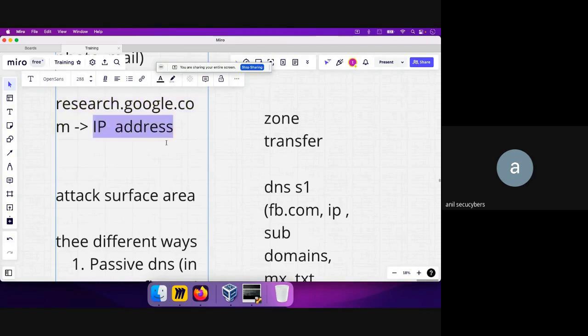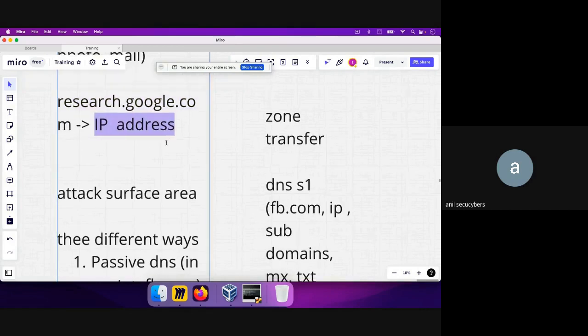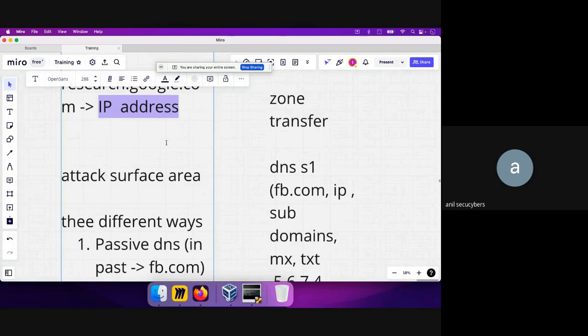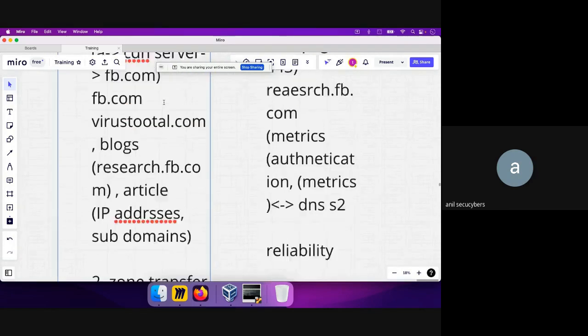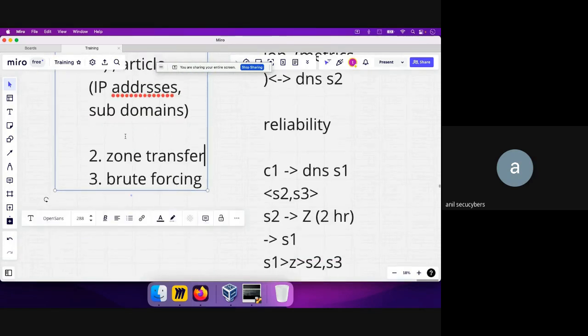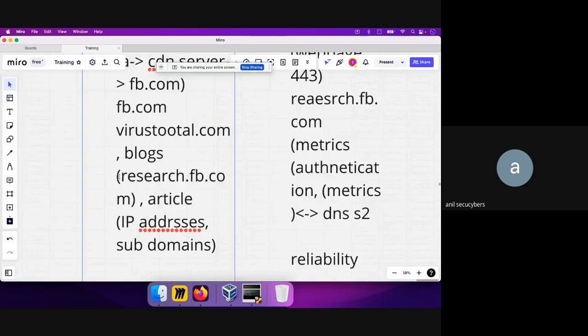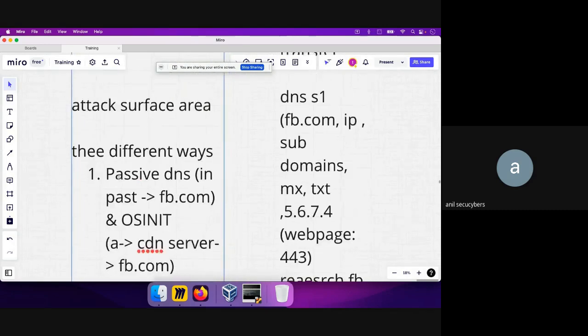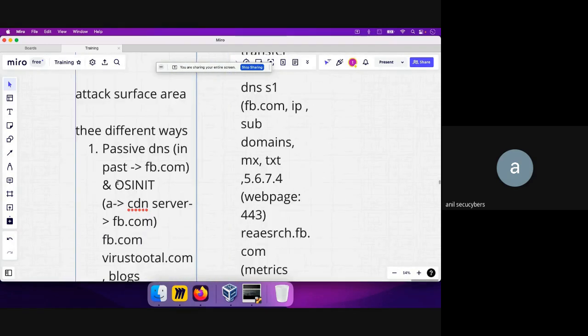Okay. So that's another easy way to figure out all the subdomains and the IP addresses behind them. So even if the zone transfer attack was not possible, using brute forcing we can figure out the other subdomains, or other IP addresses of the servers that are hosted under that main domain, like google.com. Okay. So that's one of the easy ways to do that. So there are three ways to do the DNS discovery attack.